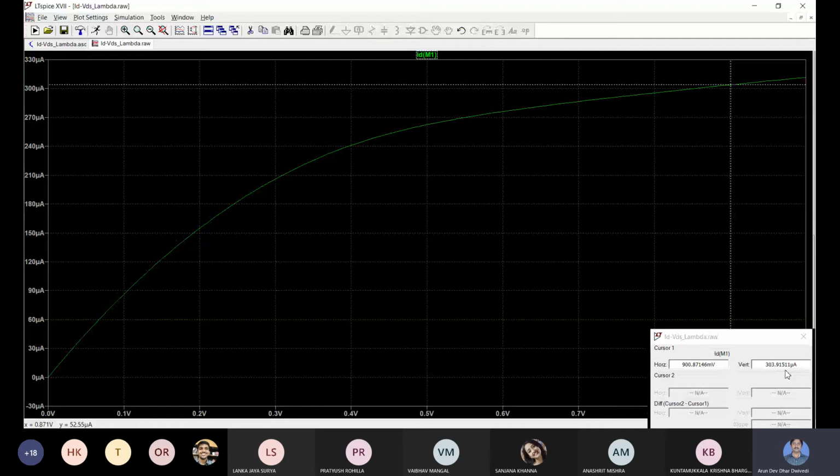And similarly from transient characteristics we can note down the TPHL and TPLH also. When the output is switching from high to low, at the 50% point of the output pulse of the CMOS inverter, VDD was 1 volt, so the 50% point means 0.5 volt.